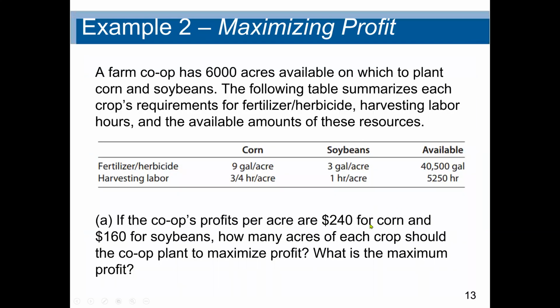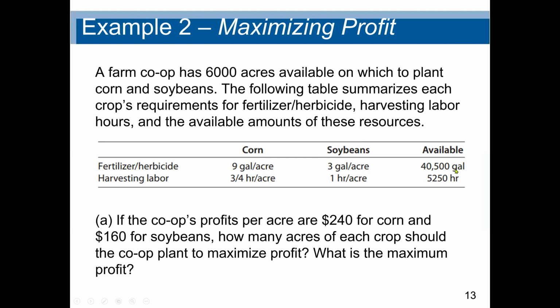So that's the whole concept. Now let's see the second example. Here we have a farm co-op that has 6,000 acres available on which to plant corn and soybeans. The following table summarizes each crop's requirement for fertilizer and harvesting labor hours, and also the available amount of these resources. So we can see from the table, we have the corn and soybeans and also